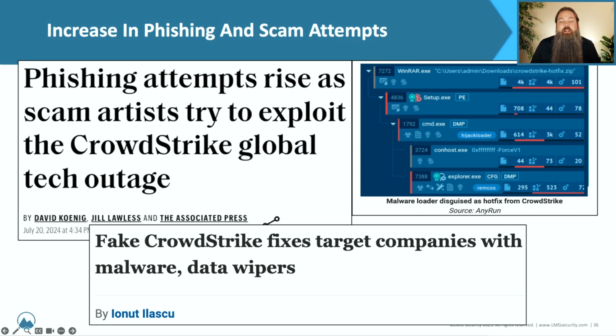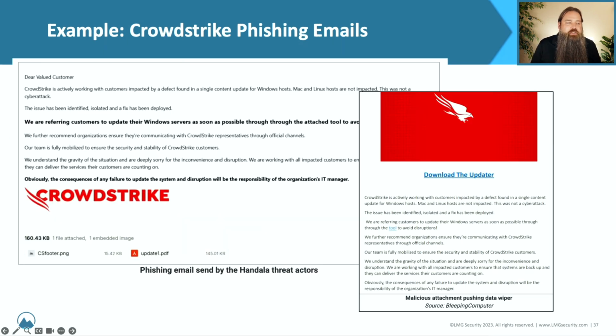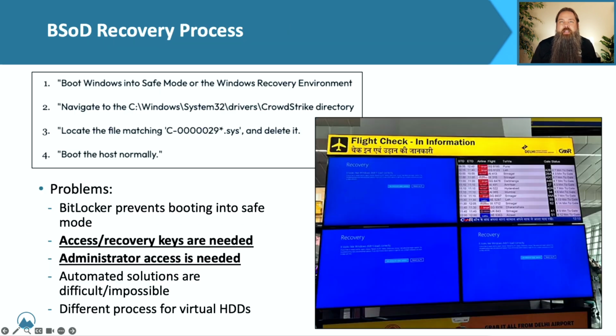We saw a big number of phishing emails go out that supposedly had a fix for the CrowdStrike problem, because it wasn't that easy to get through. Most of the time, though, these were things like data wipers or malware or information-stealing Trojans or something along those lines. These were not fixes for the actual problem that we were going through, as should be obvious. But a lot of people did unfortunately fall for this, because when your computer systems are down, and you're trying everything you can to get back up and going, a convincing enough phishing email that claims to be from the vendor responsible for the problem may be enough to get past your normal security protocols at that point, especially if you're in a major hurry.